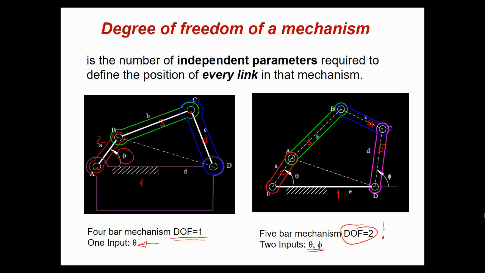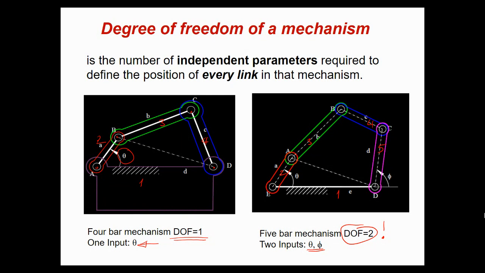Hocam, sorry, can I ask a question? Yes. Is it possible to design a 4-bar mechanism with more than 1 degree of freedom? No, the degree of freedom of a 4-bar is 1. We assume that the links are rigid. If you make links elastic, like vibrating or whatever, you might have more degrees of freedom, but the 4-bar mechanism is uniquely specified